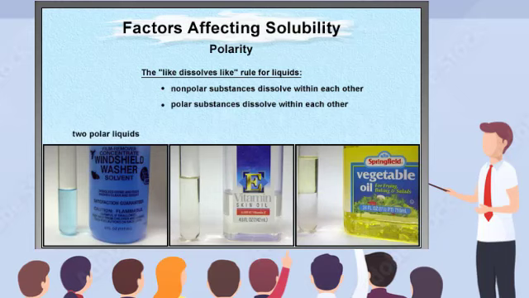Two polar liquids, in this case, the methanol and water that make windshield wiper fluid, dissolve within each other, because the attractions between the methanol and water molecules are strong enough to overcome the attractions keeping the methanol molecules and the water molecules together. Nonpolar liquids, such as vitamin E oil and safflower oil, also readily dissolve in each other